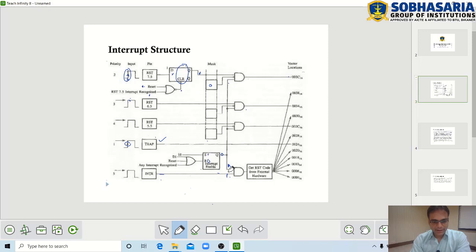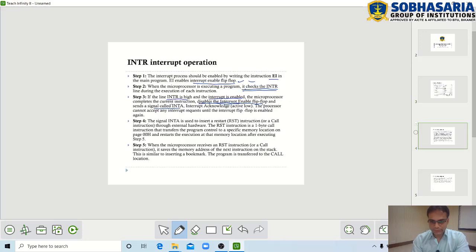Because once INTR is received, we do not want other interrupts to disturb this entire process. So for that reason, this interrupt enable flip-flop is disabled until INTR fetches its vector location, executes the ISR and then resumes back. These interrupts will be disabled, right?